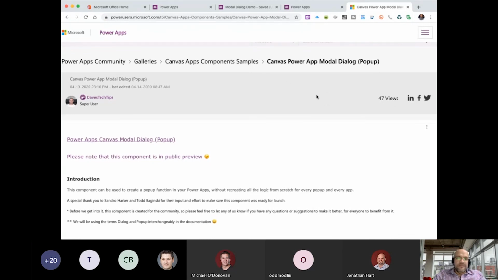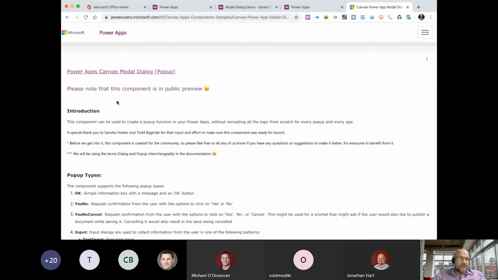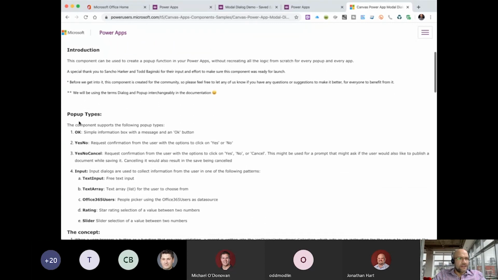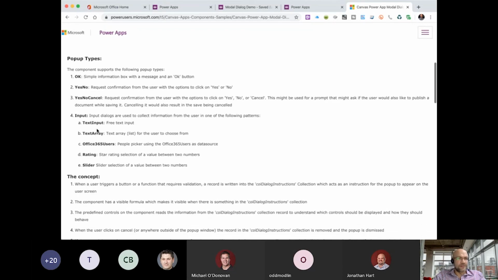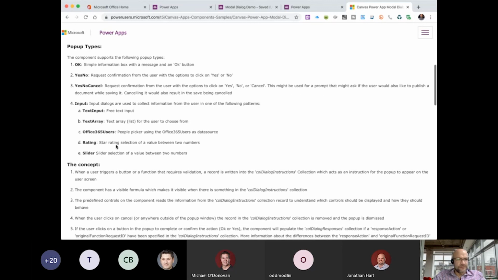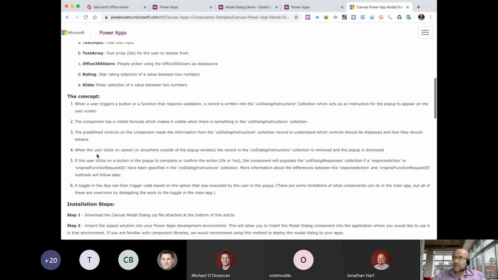Right, so in this component gallery, we've done a bit of an introduction and then described the various pop-up types that you can get. So there's an OK, yes, no, cancel, and then there are 5 different input types. So you could have a normal text input, text array, Office 365 users, a rating, and a slider. Now, this list is sure to grow. We actually have a list of enhancements that we want to bring into the pop-up as well. So if you implement it in your apps, as soon as we release these enhancements, you can automatically benefit from